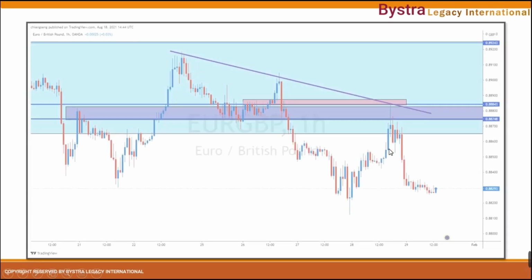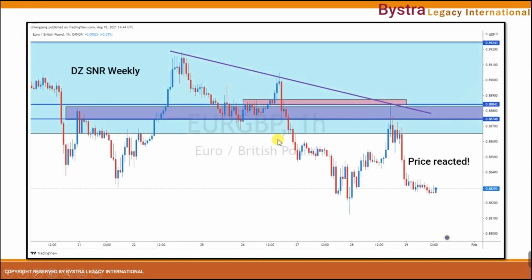Next, what should we do? We wait for the price to come and react to our orders. As we can see, price has come back to take both of our orders. One is the QMR H4 and another one. This is a very good sharp entry